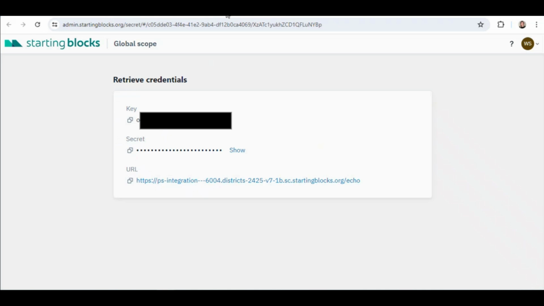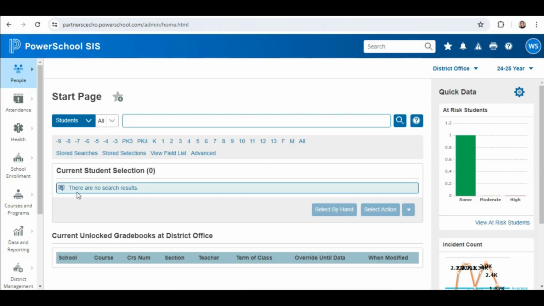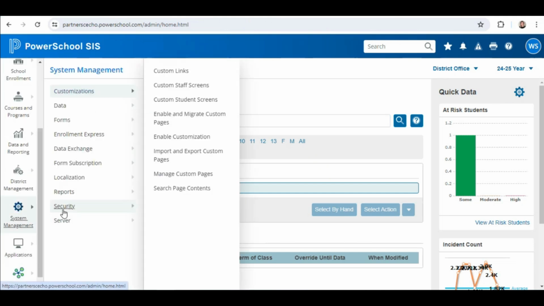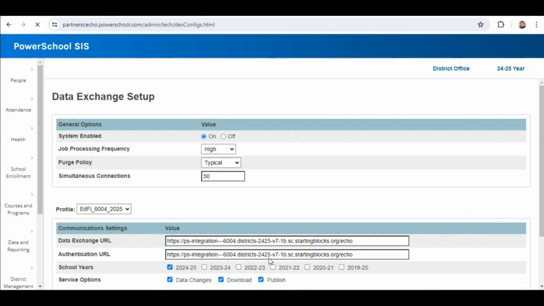So if you know exactly what to do with these, or you've jumped ahead and you've dealt with your profile from the previous year, created a new profile, you're ready to plug these in, you can do what I'm doing here. Just note that there are a couple steps where you would need to make sure that the previous year's profile is deactivated and the current year's profile is generated. Once all that has taken place, you could just jump right over into PowerSchool, and you could go directly to your system management, data exchange, general setup, and start plugging these in here. And we have a video to walk you through how to do that.